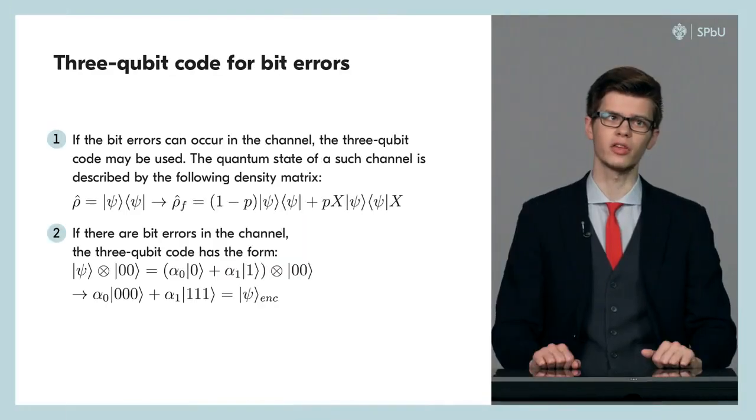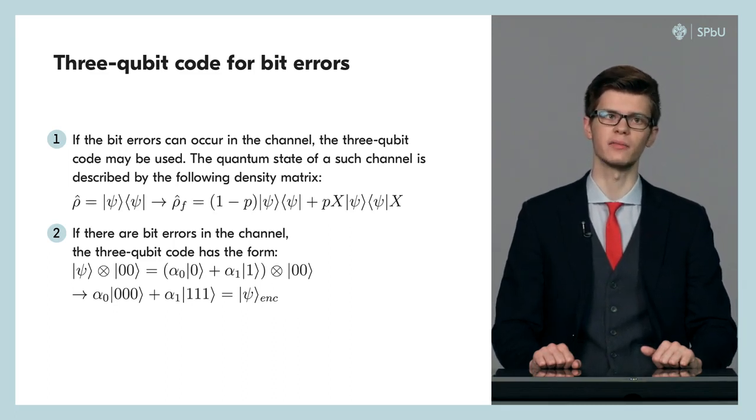Consider now a 3-qubit code that allows one to protect the qubit in the state psi from bit flip errors. Let the bit flip error probability be p. Then the qubit state can be described by a density matrix which consists of 2 terms. The first term represents a situation when there was no error and the qubit state remains unchanged. It is the projection on the qubit state psi, and it has the probability of 1 minus p, which acts